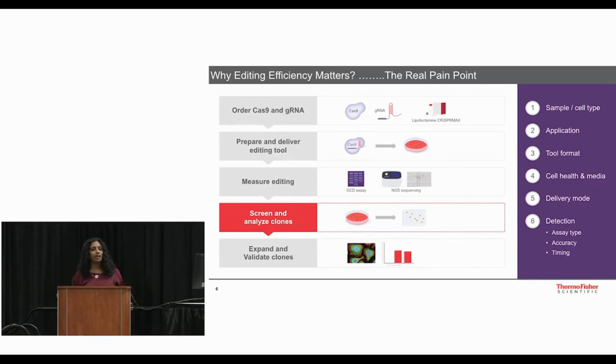And that's where we spend most of our time in product development, to ensure that we get really robust protocols, not just the product that goes into the customer's hand, but a protocol that is suitable for our customers. So you will see some examples of what we have done, like case studies of where we have used these kinds of approaches for optimized editing efficiency for stem cells or T cells and so on and so